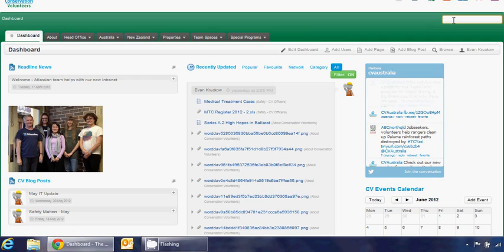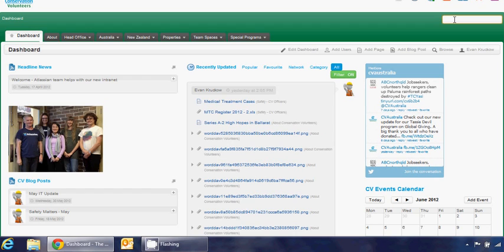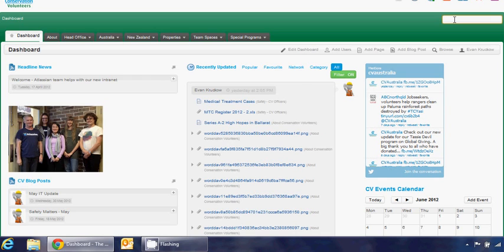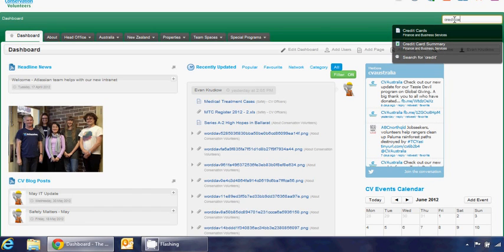Before we leave the dashboard, I just want to point out the search function that is available within Seedbank. Typing any search term in this field up in the upper right hand corner will return all the results where that search term is mentioned. That could be attachments, information that's posted on Seedbank and otherwise. For example, if I type in credit card,